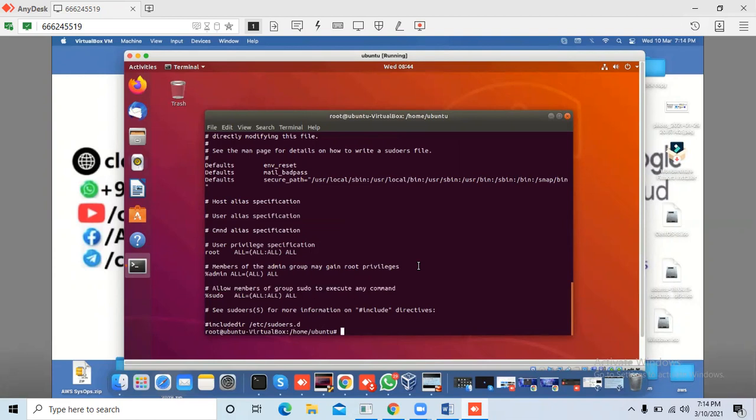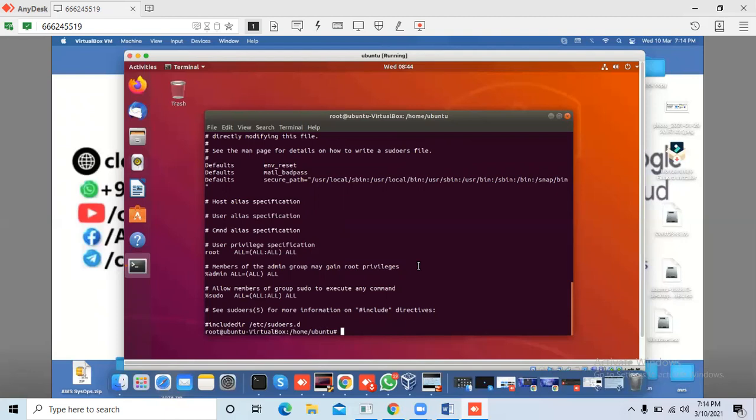If I need to add a user, I simply write the username here and the same things here. Then the user is able to run root commands with root privilege.